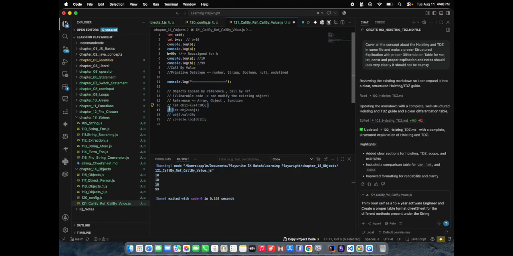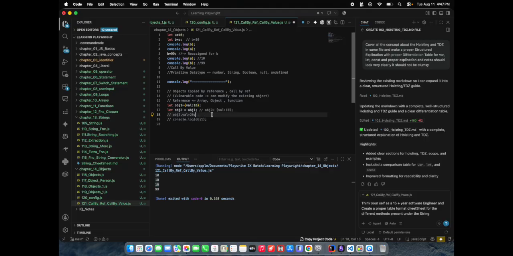Here we have let object1 is equal to val of 10, and we are now assigning object1 to object2. So now object2 has the same reference, that is, object2 is also equal to val 10.